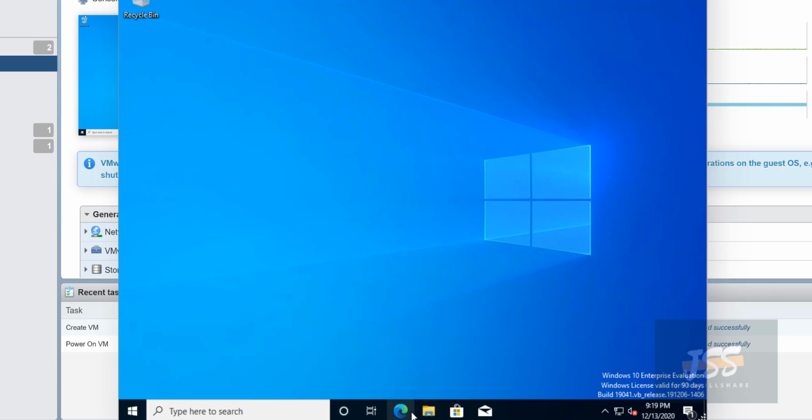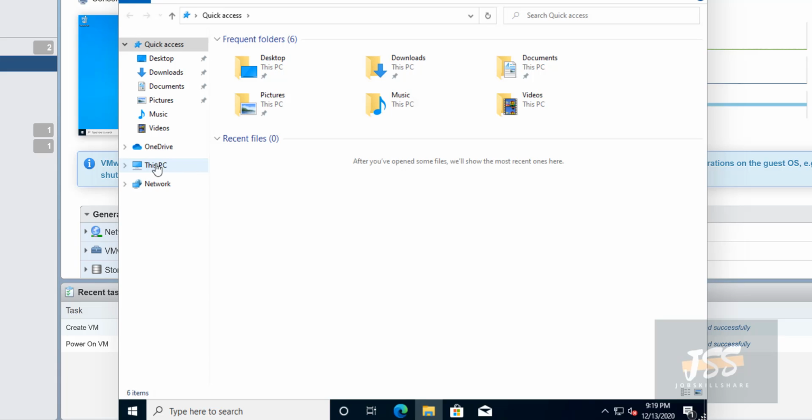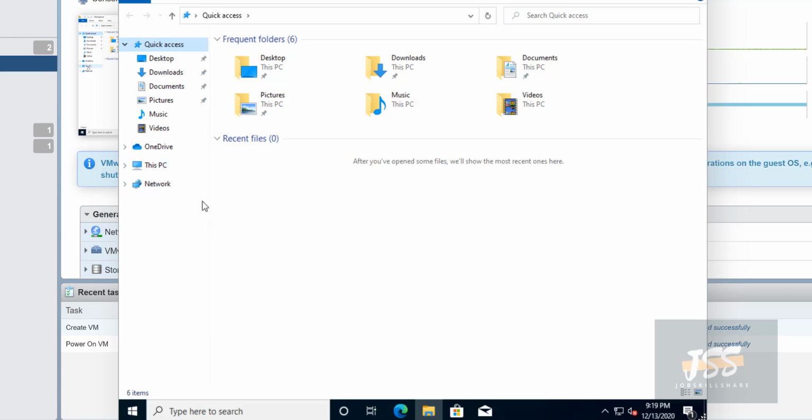So the first thing you will do is go to this. There are multiple ways of joining a machine to a domain, by the way. I'm just showing you one method, and I hope you will find multiple methods by doing your own research. That's your homework. Right click on This PC, go to properties,